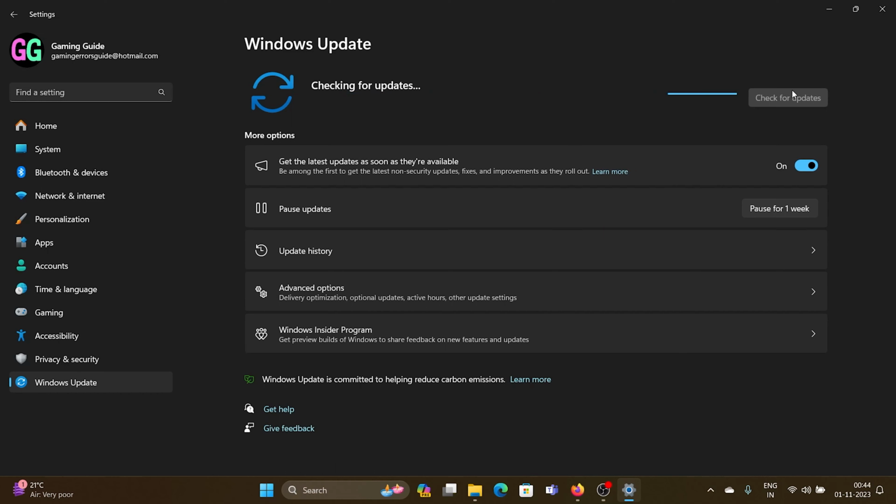It will start checking for updates, and if it mentions that an update is available, then you can simply click on it to download it. And in some cases, it may ask you to restart your computer. So if it asks you to restart your computer, please click on it, but only after all the updates have